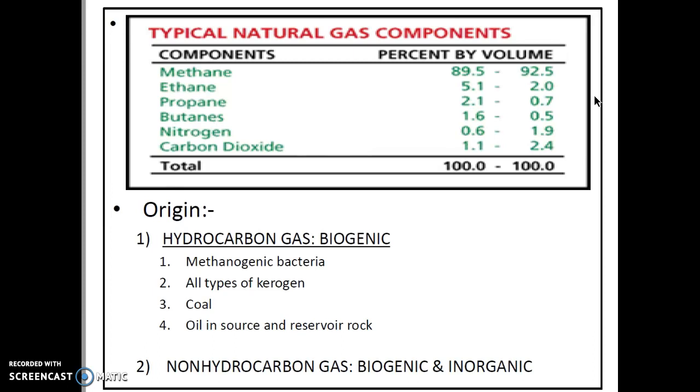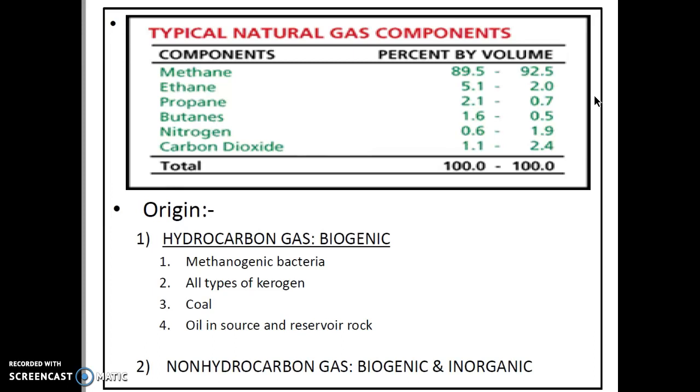Although methane has been found abundantly in crude oil or condensate, please bear in mind that under normal hydrostatic pressure, this methane will fill only 1% of the space it occupies at the surface. Why? Because of the characteristic of that gas. Compared to oil and water, gas is highly compressible.